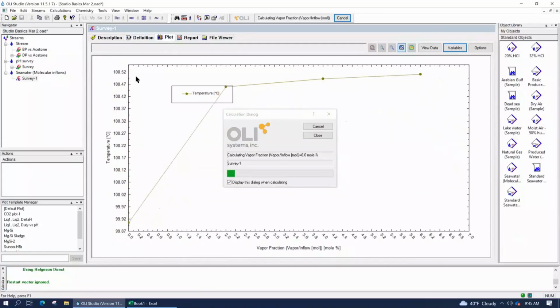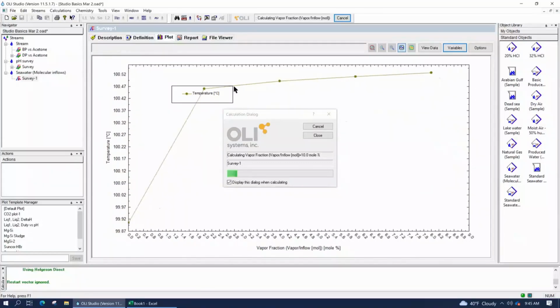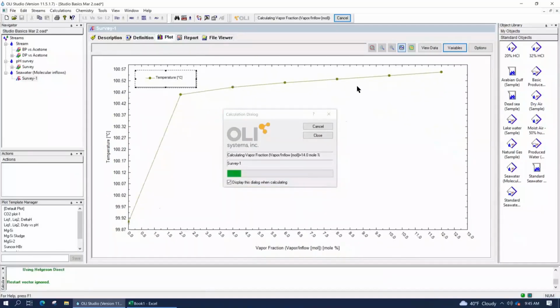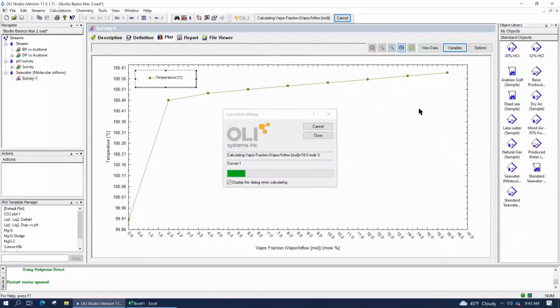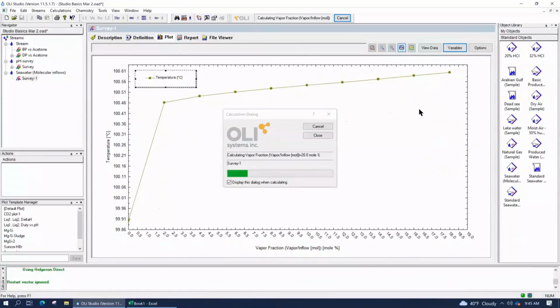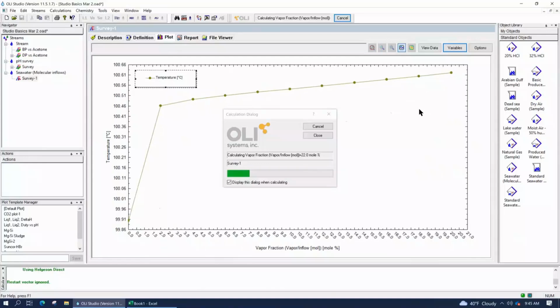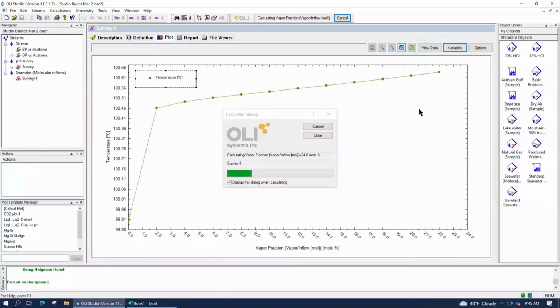What you're seeing here as the temperature increases, as you evaporate more, is what we know as the boiling point rise. As you evaporate more and more water from the system, the salt concentration increases. The net effect of that is what we know as the boiling point rise. Salty water boils at a higher temperature than pure water.